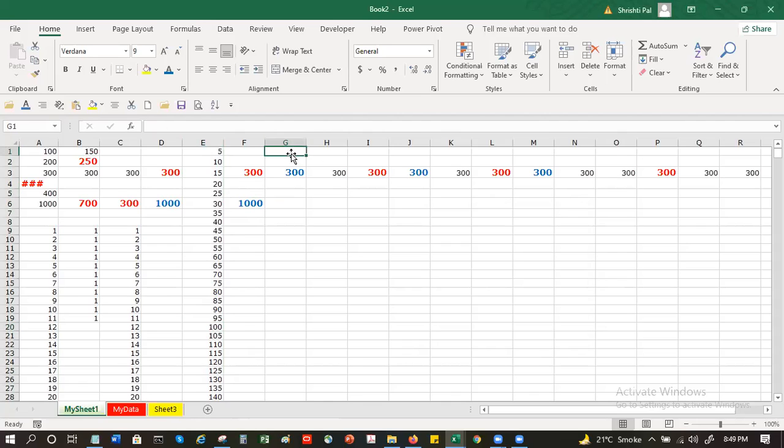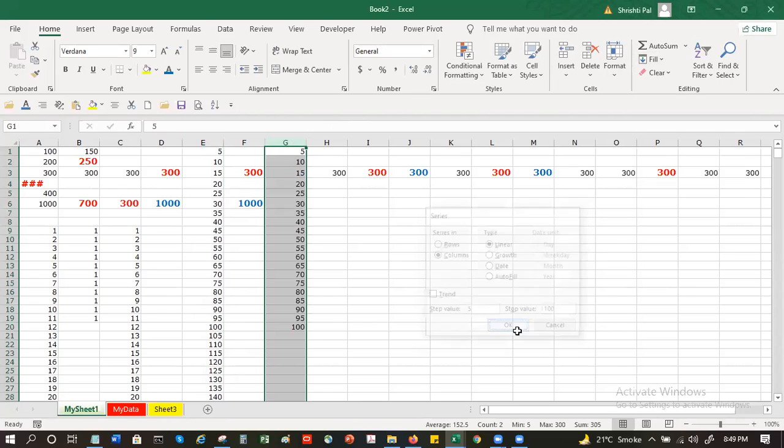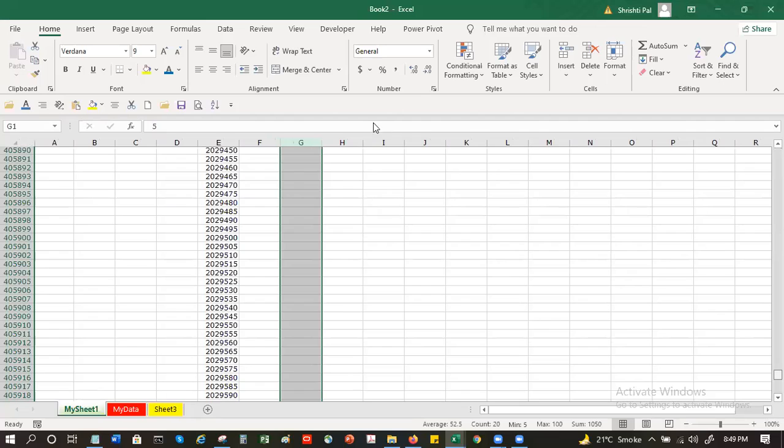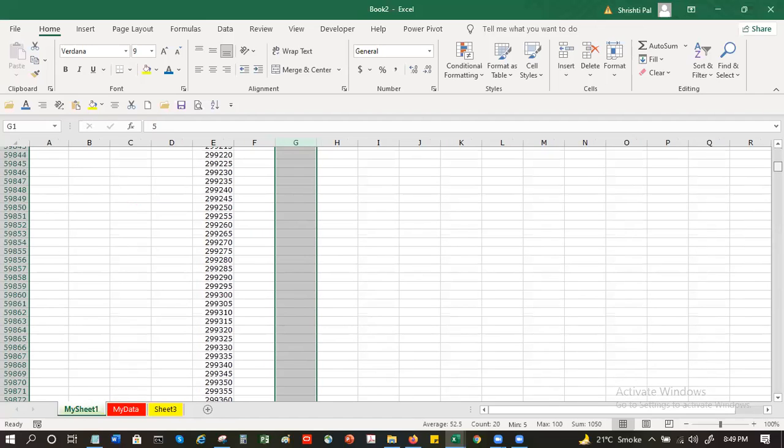Let's try it out here, because we have already done this, right? So let's say I again select the entire column. I go to Fill, I go to Series, and step value is 5, stop value is 100. It can be anything, 200, 250, 500, whatever I want. And I say okay. Mind you, I have selected the entire column. You see this? Yes, the entire column is selected. Here in this case, it generated all the numbers, but in this case, it stopped at 100.